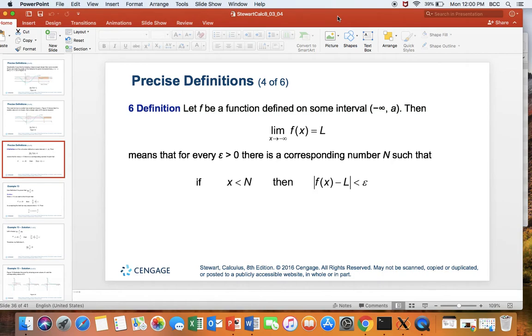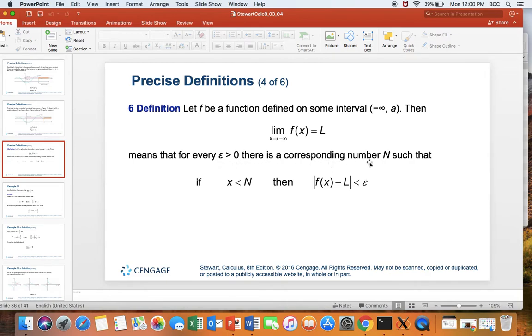Welcome back. Continuing on the precise definition of limit, let f be a function defined on some interval negative infinity to a. Notice this is an open interval. So we are looking at the left hand piece of your graph. Then limit x approaching negative infinity of f(x) is L, means that for every epsilon greater than 0, there is